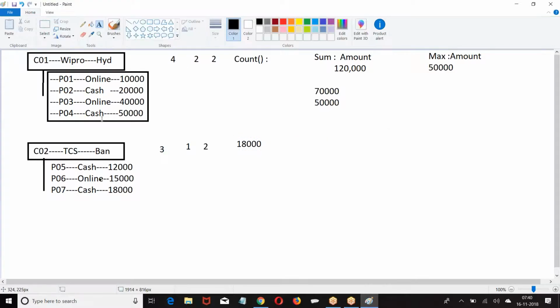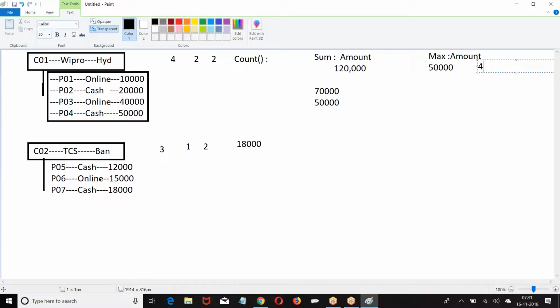Now max of online amount is 40,000. Min of online amount. So you specify: it will give you the maximum amount from all the child records or only specific child records, and the minimum amount from all the child records or a specific child record. Are you getting my point? It is up to your choice whether to include all your child records or only specific child records.